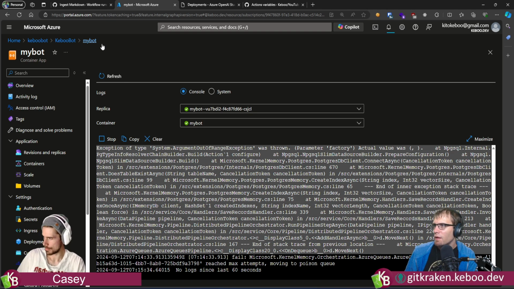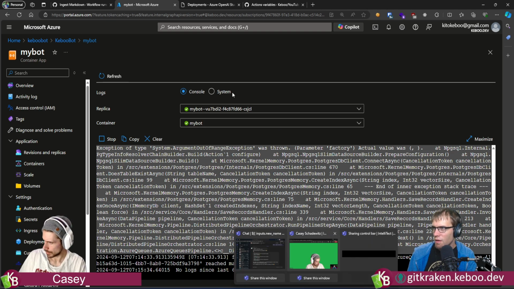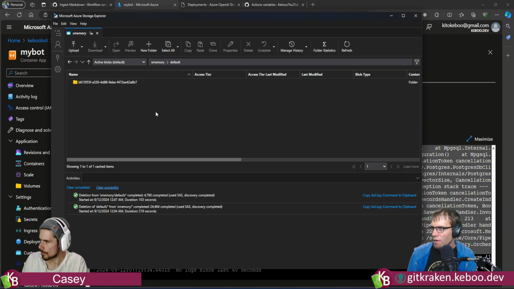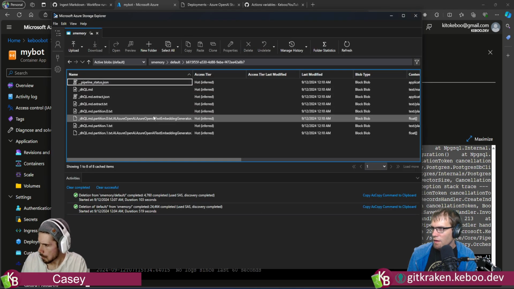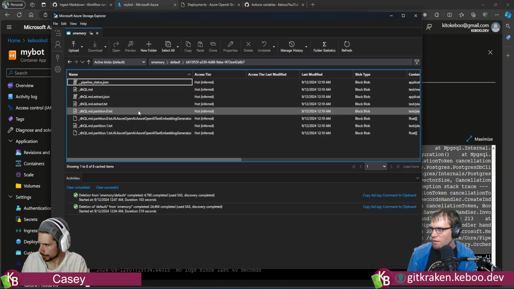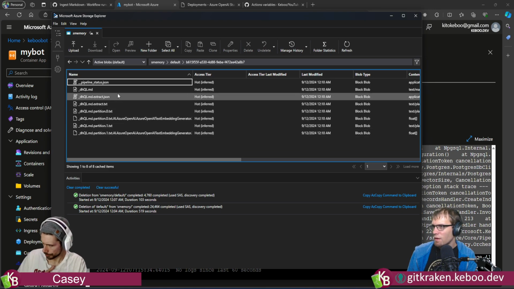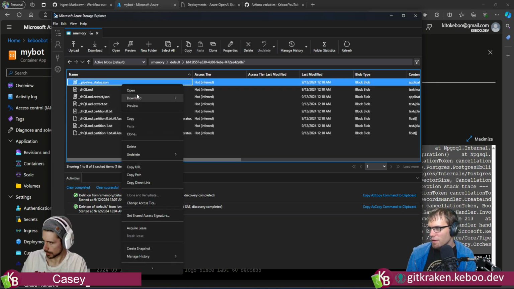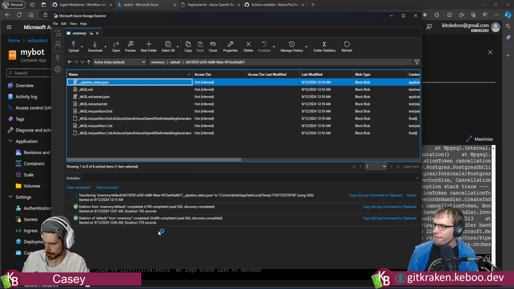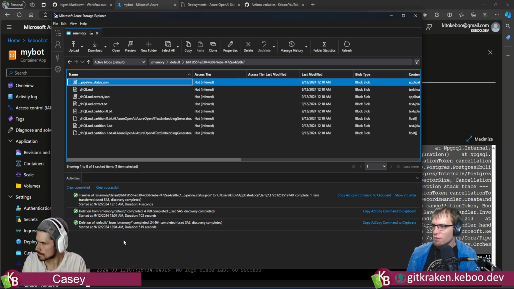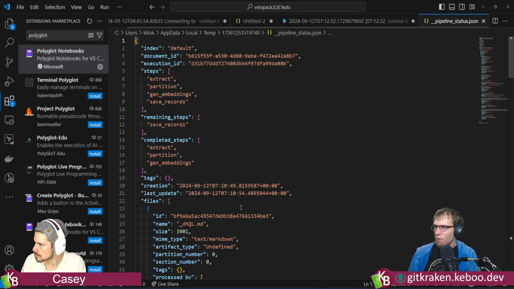And then let's take a look at, actually let's look at this pipeline status, because this usually contains the output.